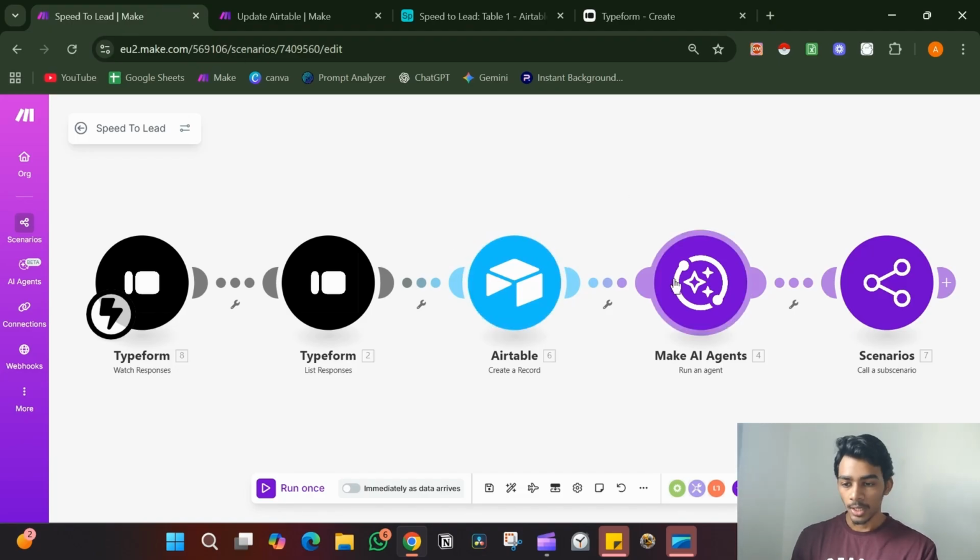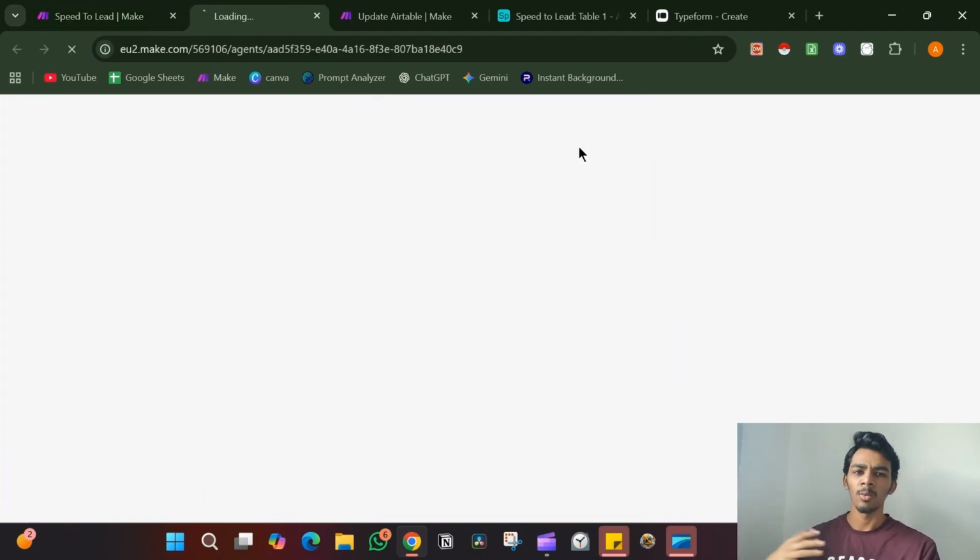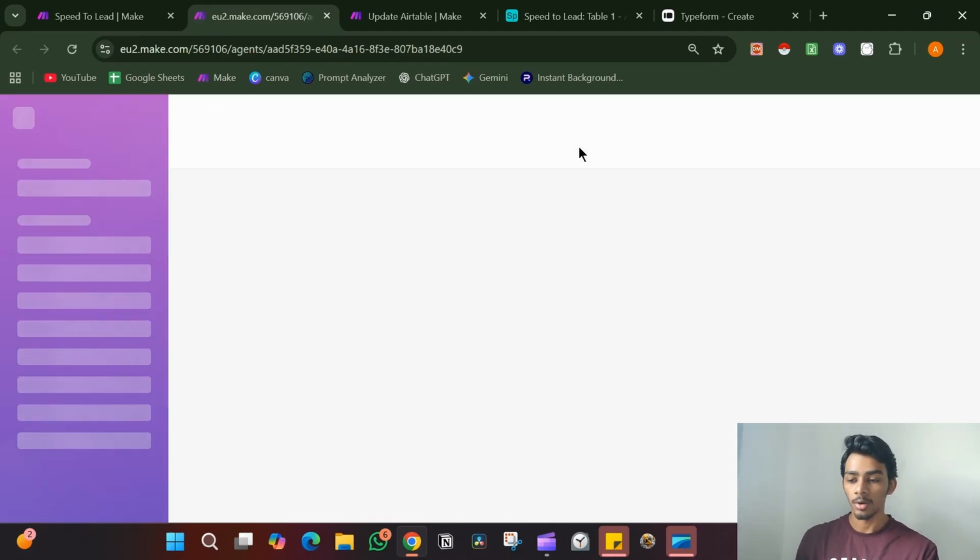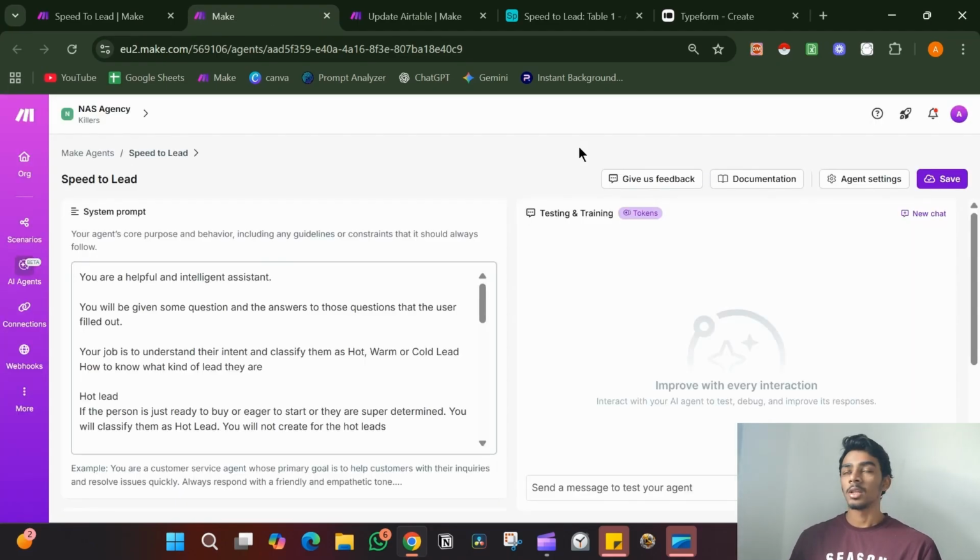And after that, we have an AI agent. Now you guys must be thinking, why am I using AI agents so much? Why can't I just make normal automations? The reason why I'm shifting more towards AI agents is because these are going to be the future. The better you get at prompting, the better you get at making automations, because in the future